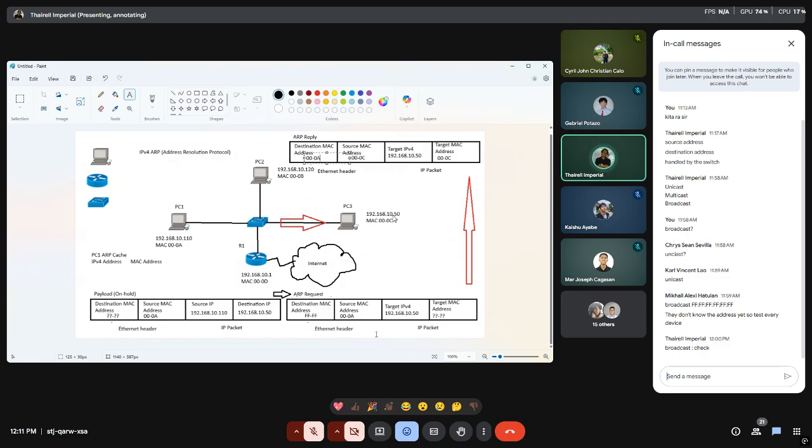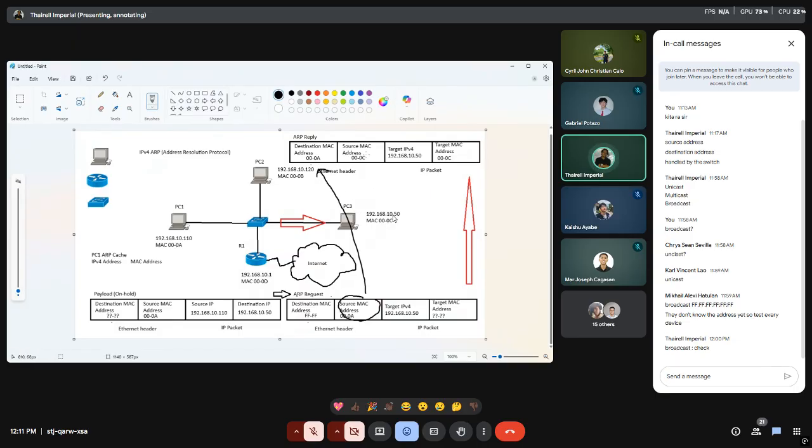So instead of that, the destination MAC address information is generated coming from the request, and it's placed over here as part of the ARP reply.